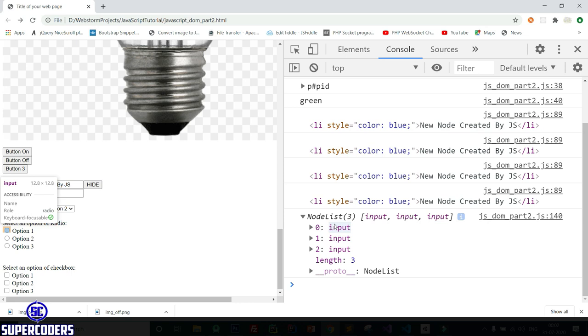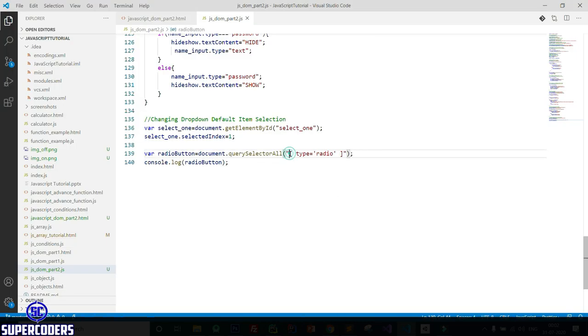So in this way you can access all HTML elements using attributes and value. You can see I accessed all my HTML elements of radio button using attribute type and value radio.